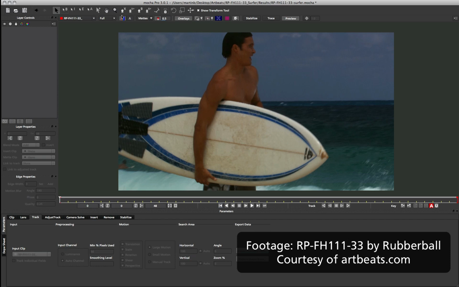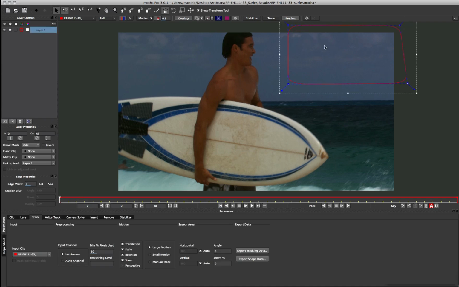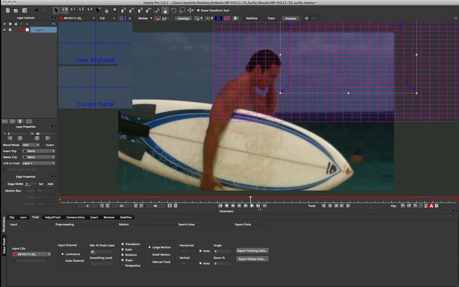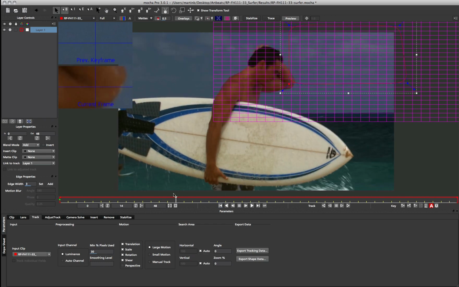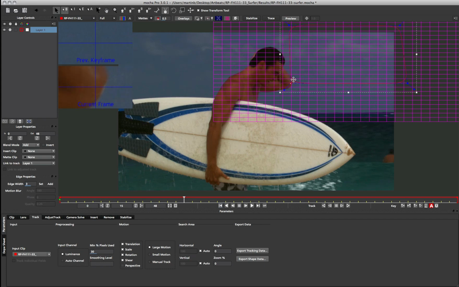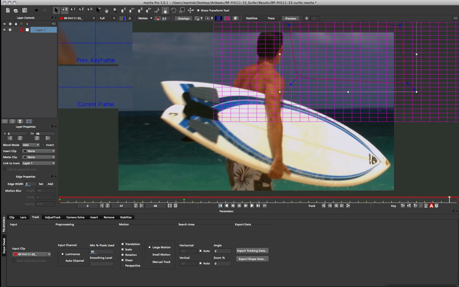our camera. So first of all, I'm just going to draw a shape in my background here because this background is obviously static back here. Like so. I'm going to turn my grid on so we can see what's going on. And before I track, I'm just going to go through and see if my guy is interfering with that layer at all. You can see here he just is, so I'll come to that point. I'm just going to animate that out of the way. So we're going to have a little bit of an animated shape here to avoid that hand coming through like